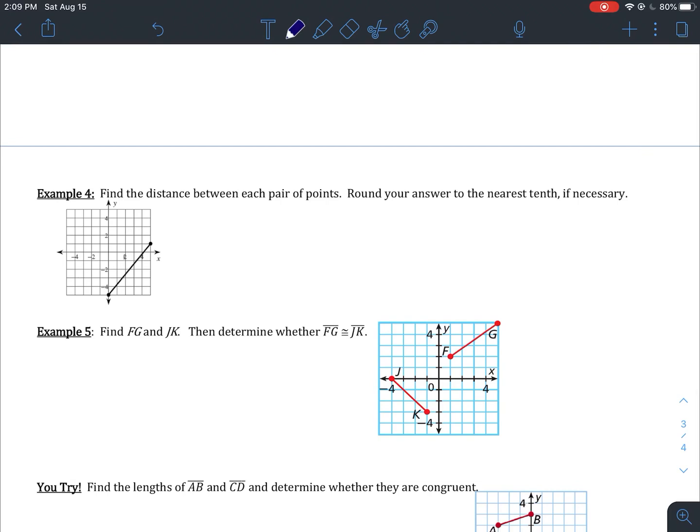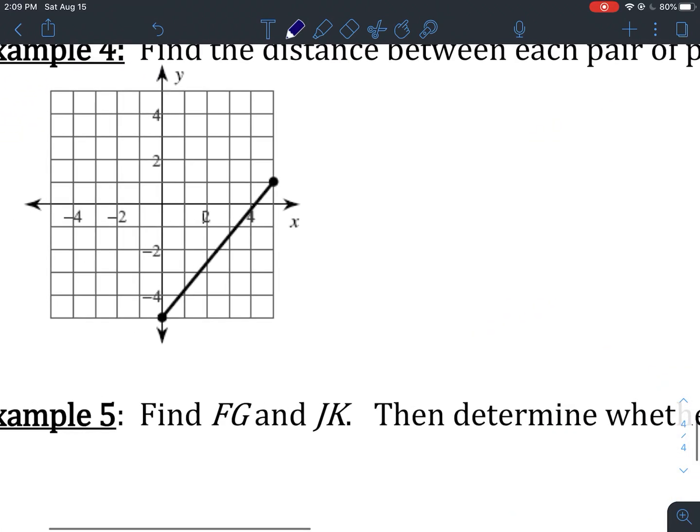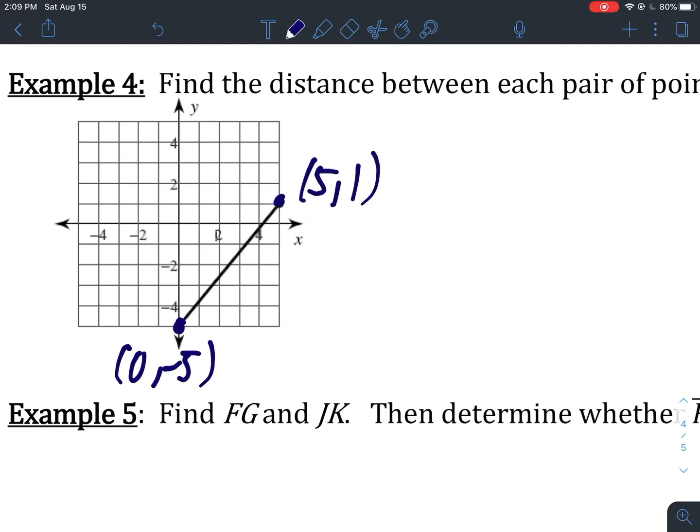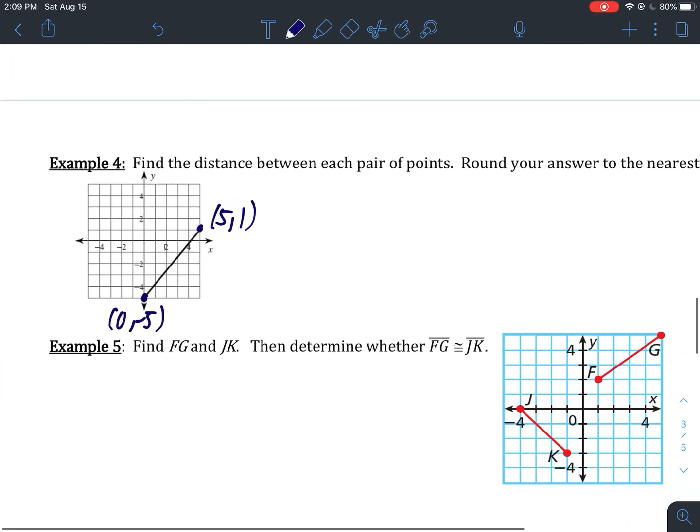Next slide. So one more distance between the 2 points here. We don't know the points this time, we're going to find them. So this point right here is at 0, negative 5. This point right here is at 5, 1. Now we know our points, we just use our distance formula just like we've been doing. So distance equals